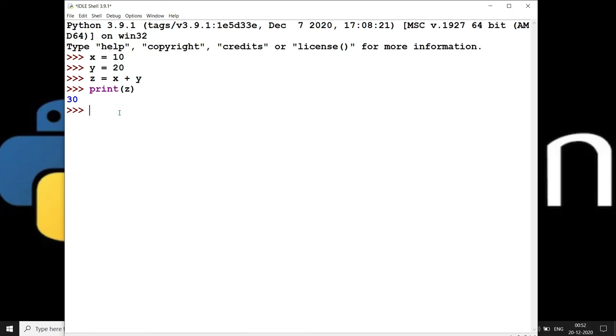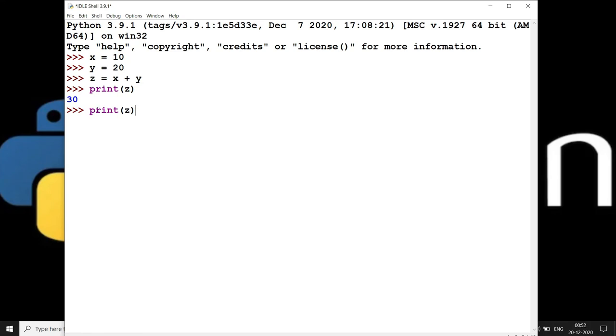Now if I come over here and press only the up arrow, this gives me the previous command. When I try to find the previous command before this, there is no command. Now if I press the down arrow, this gives me the next command.